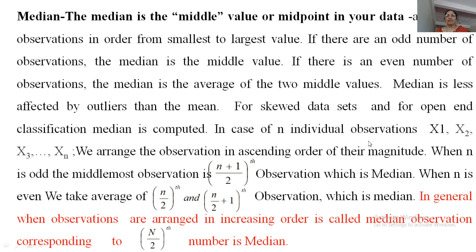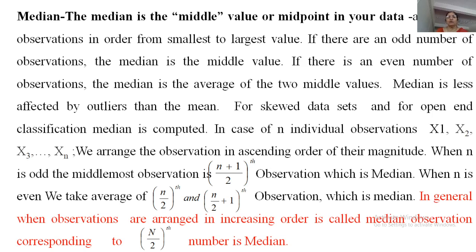So when n is odd, we can easily get the middlemost observation by just computing (n+1)/2. So (n+1)/2 is my (n+1)/2-th observation, that is the 5th observation. So whatever the value of the 5th observation is, that is my median. But when n is even,